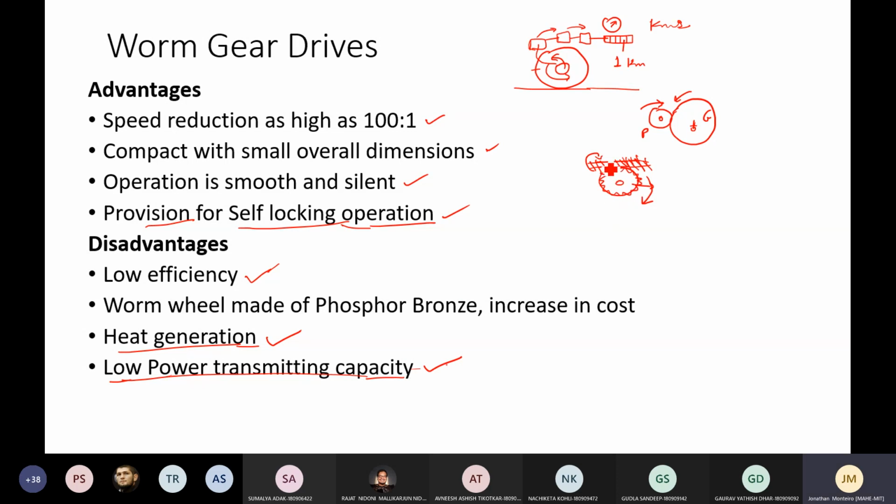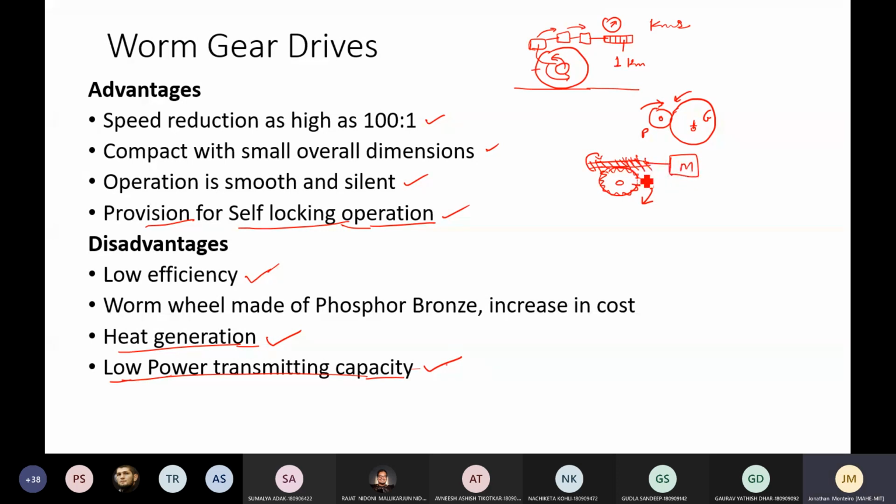Okay, it can lock itself. You can do a lot of work with just a compact operation such as this. But at the same time, when you really understand the power, say you have a motor here. Say you attach a motor here.